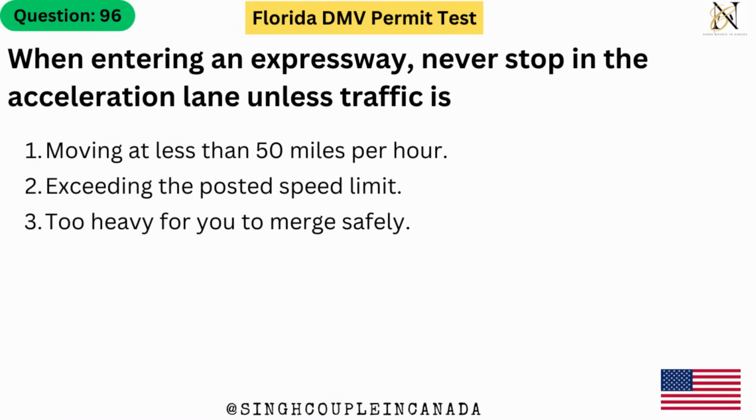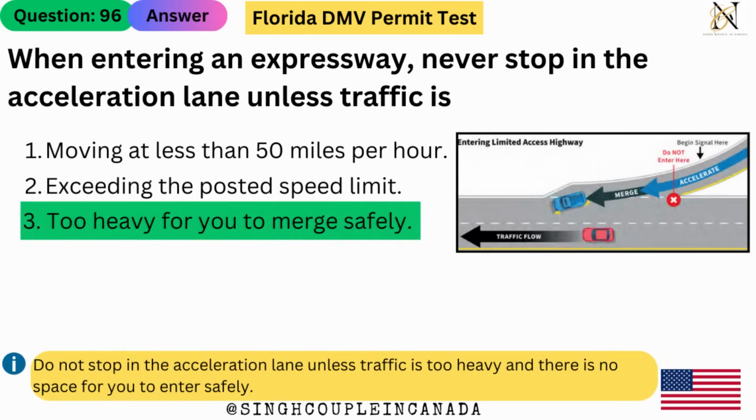When entering an expressway, never stop in the acceleration lane unless traffic is: 1. Moving at less than 50 miles per hour. 2. Exceeding the posted speed limit. 3. Too heavy for you to merge safely. The answer is 3. Too heavy for you to merge safely. Do not stop in the acceleration lane unless traffic is too heavy and there is no space for you to